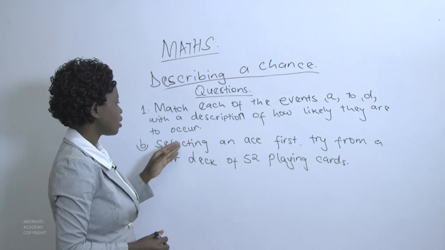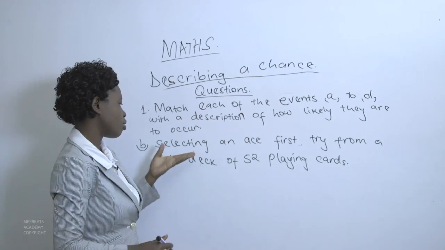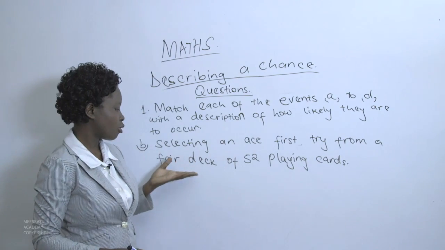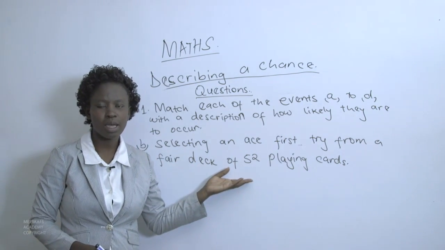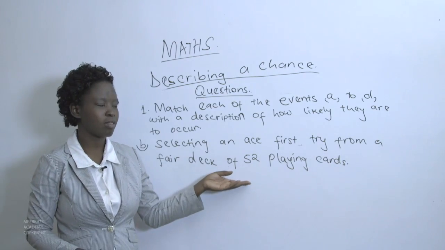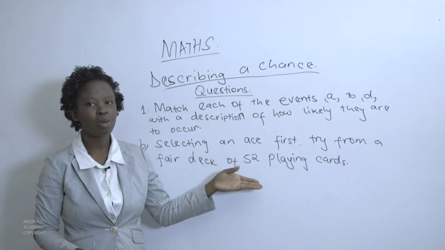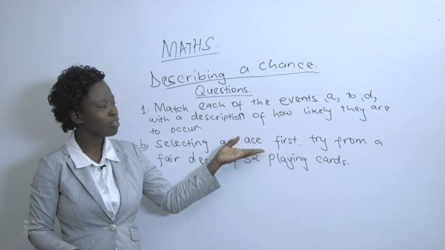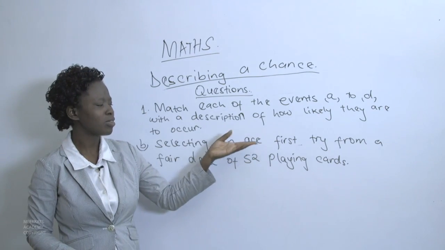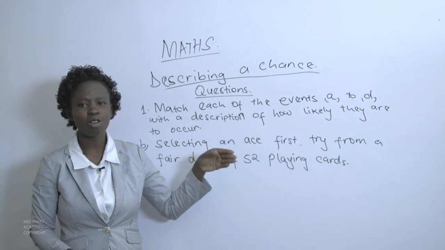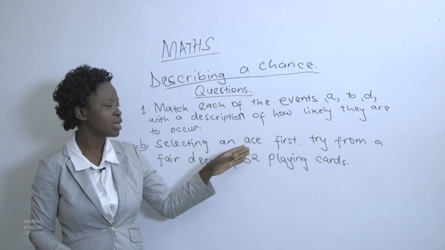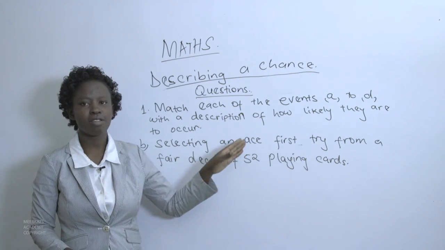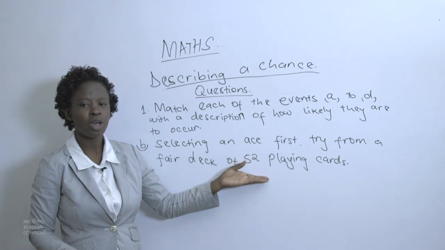So we are being asked to describe the likeliness of selecting an S on the first try from a fair deck of 52 playing cards. So you have 52 playing cards to deal with, and from these 52 cards, on your first try, you pick an S. What is the possibility? There is almost a possibility of not picking that S. The possibility of picking an S is very minimum, because the cards are 52 and you have to